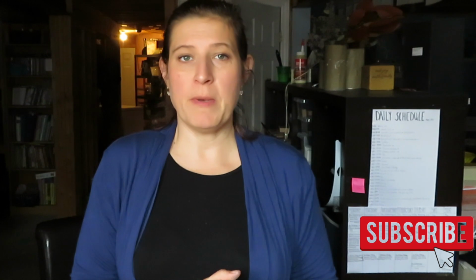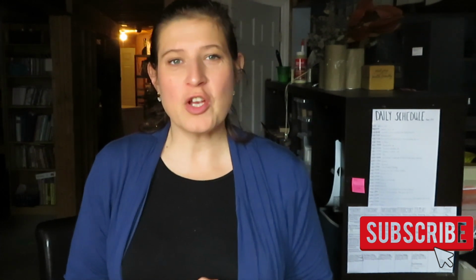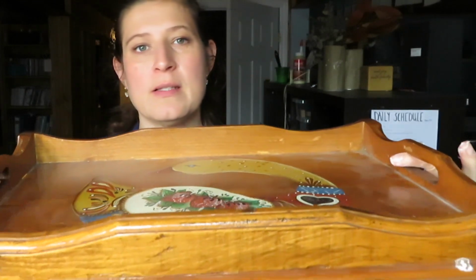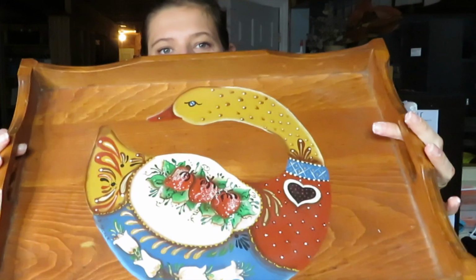Today I'm participating in an upcycled gift trash to treasure challenge hosted by Heidi Sambo and Yelena from Blondie Next Door. So I have gone thrifting and I had picked up this tray which has a really nice shape to it and nice handles, but I am not loving the swan goose